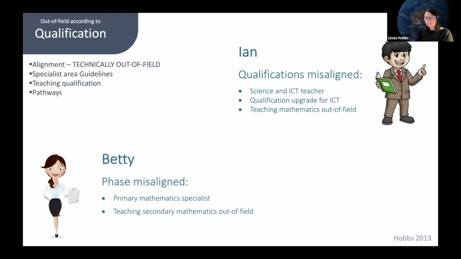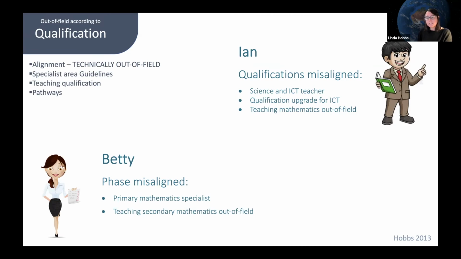So let's have a look at the out-of-field definitions by seeing how they play out with real teachers from research. So out-of-field, according to qualification, focuses on this technical alignment simply based on qualifications. We have Ian, who is a science and ICT teacher who's taught maths out of field his whole career and gained an additional qualification in ICT, but he still feels out of field in maths simply because he doesn't have that